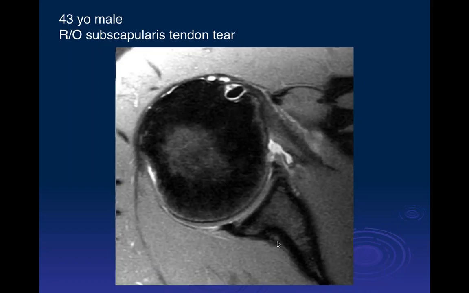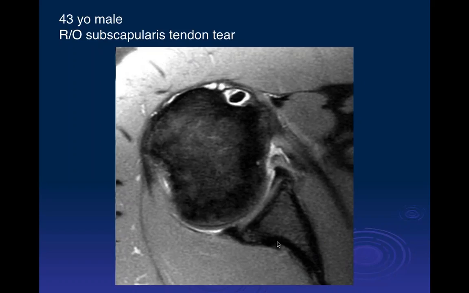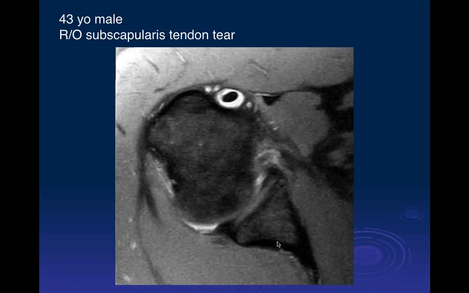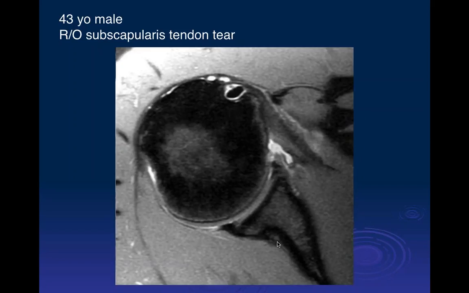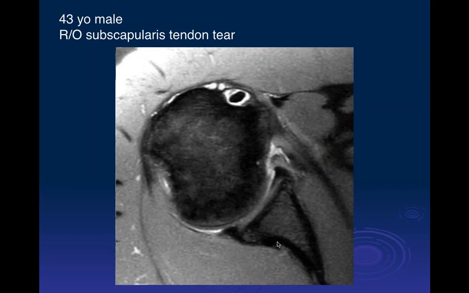All right, on this image I see the labrum. It appears to be intact, the anterior inferior labrum. So let's go back again. What I'm seeing now, in following these images, is that the anterior inferior labrum is intact, and